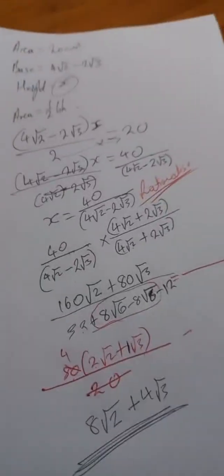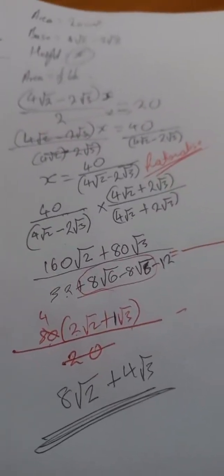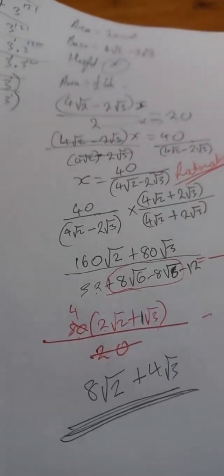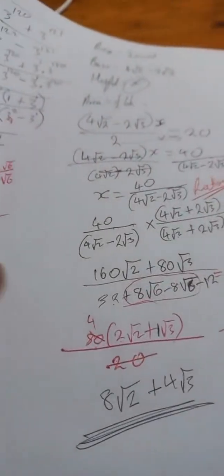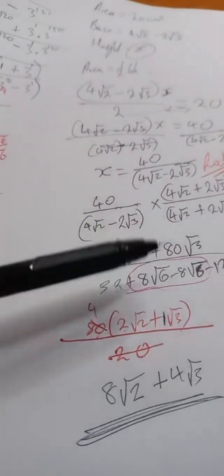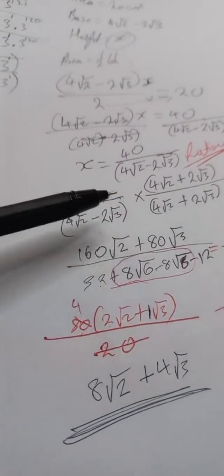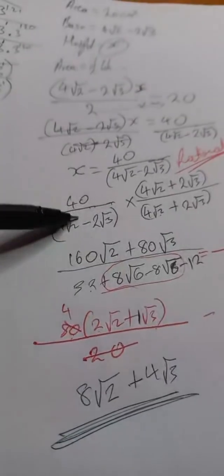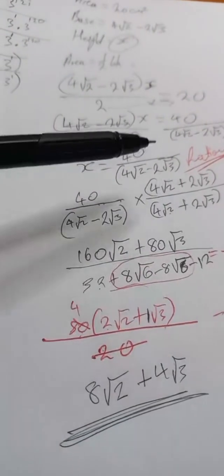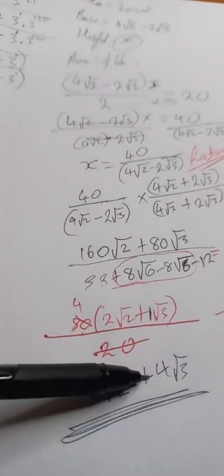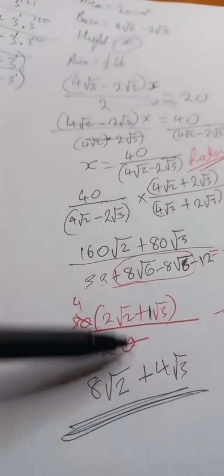Not subtract, plus. So that means, where did you make the error? Where did you make the error? Because subtraction signs die. This subtraction sign died by adding, it became a 0. This sign died when we came here. This sign died when we rationalized, so it must be plus. So that means